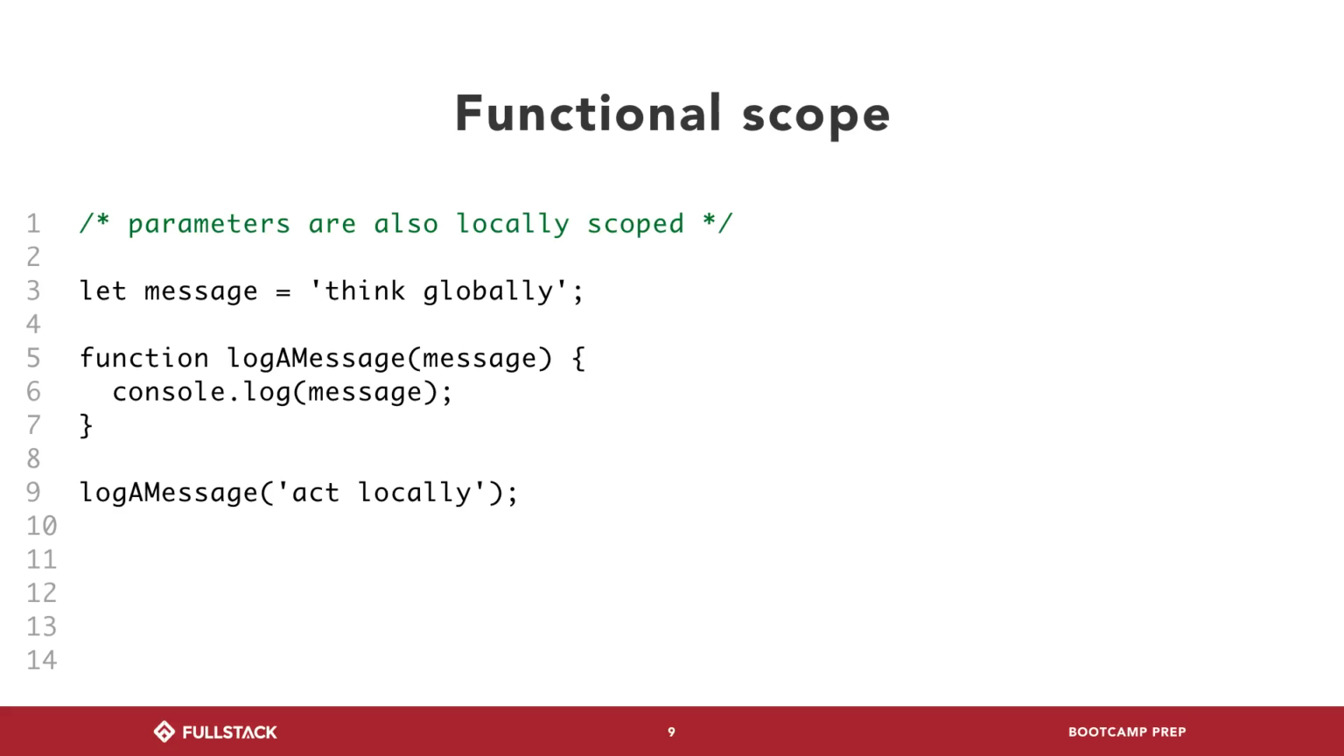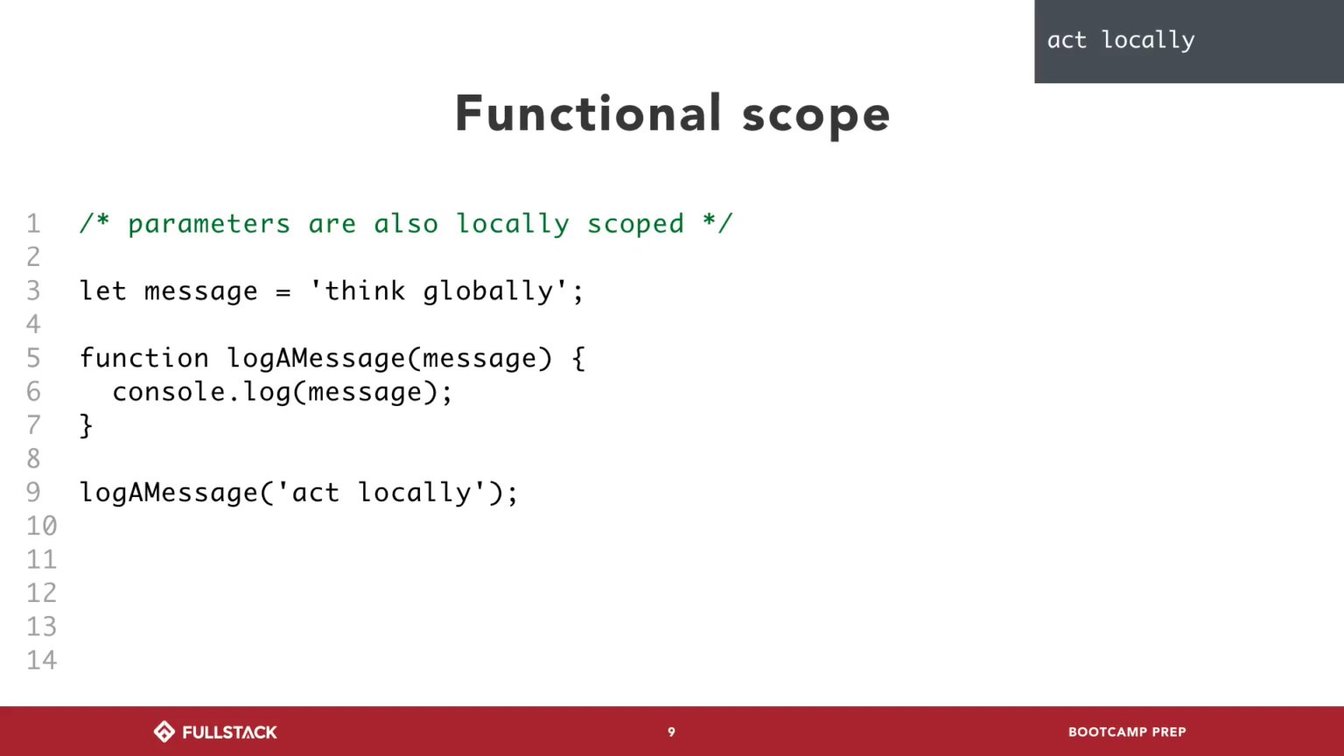Parameters are also locally scoped. What this is saying is that over here we see any parameters being created. Parameters are things being passed to the functions, right? You're basically creating a new version of this variable. That is essentially equivalent to having a let message equal act locally in between lines 5 and 6,